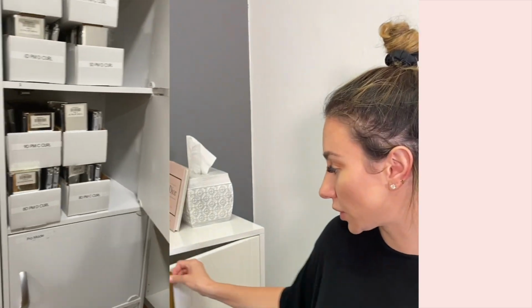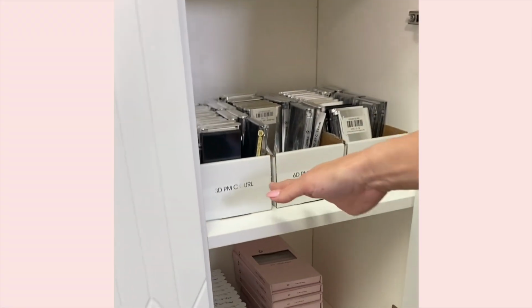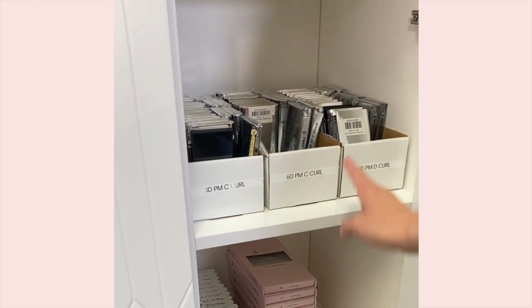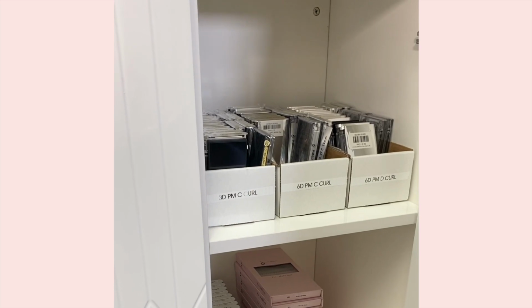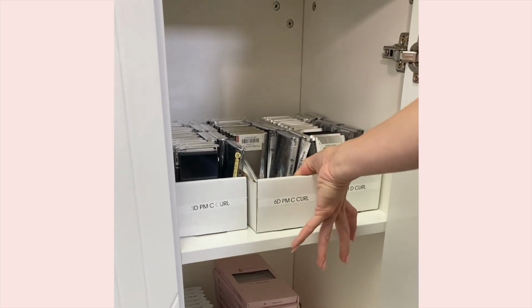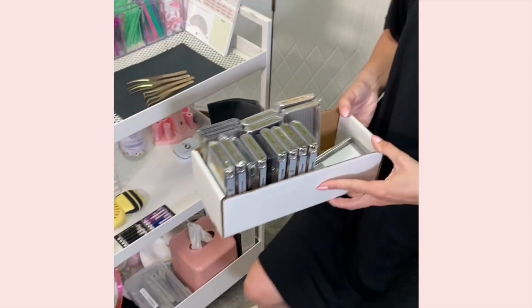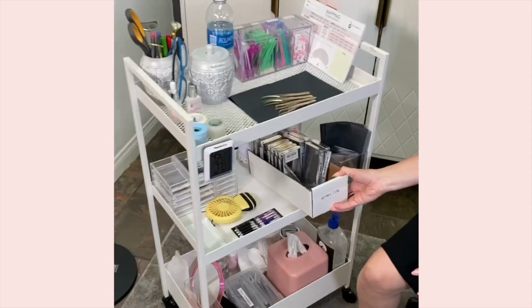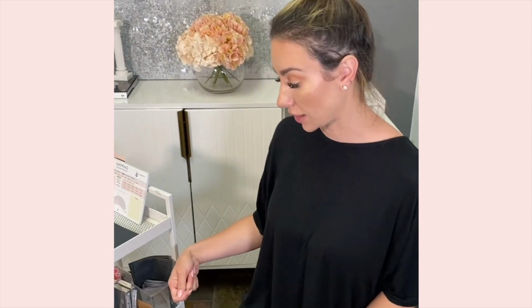But I put some of this stuff here so I can show you guys if it's your own personal station. I would have all my backup or all my extra lashes and supplies there. So then for that client, let's say I'm using the pre-made fan 6D and C curl, I'll just grab this whole tray and I'll take this to my car and I'll literally leave it right here. That's why I leave that space. So if I am using it for that client and I need to access those lashes more frequently with them,